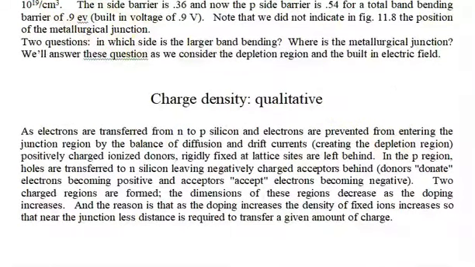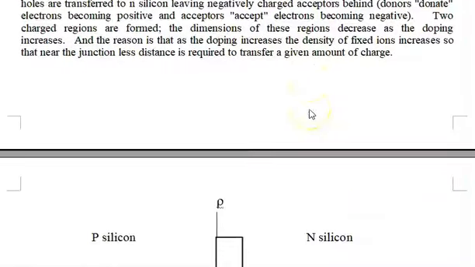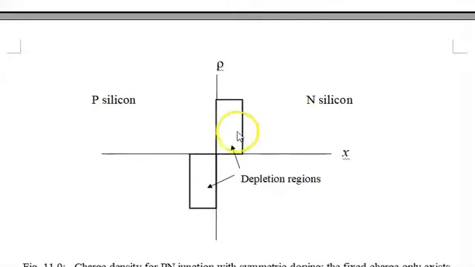So now let's take a look just in a qualitative sense, not a quantitative sense. We're not going to put any numbers in here, on the charge densities on the N and on the P side. Now this one we would assume is for symmetric doping, and indeed it is, because the charge densities are equal. The areas are equal, the heights are equal, and the widths are equal. And that's the dead giveaway. If the widths are equal, we would automatically know that the dopings are the same. And here we see the depletion region. The depletion region has the charges.